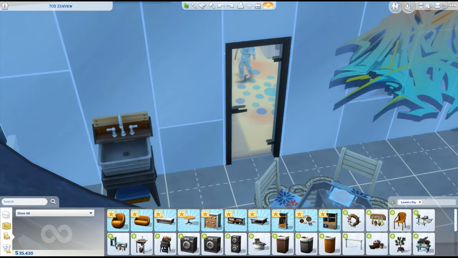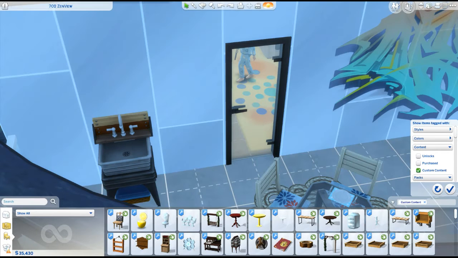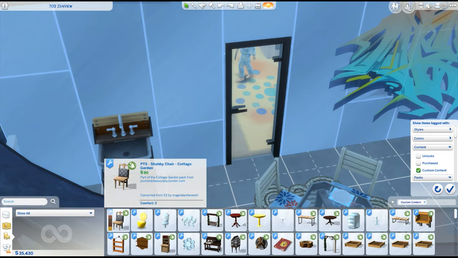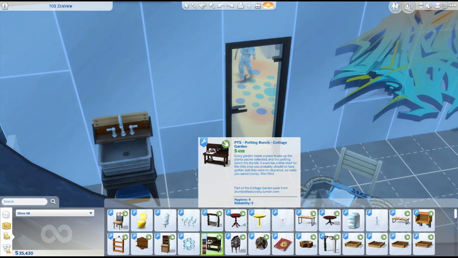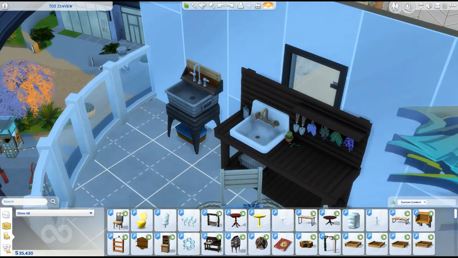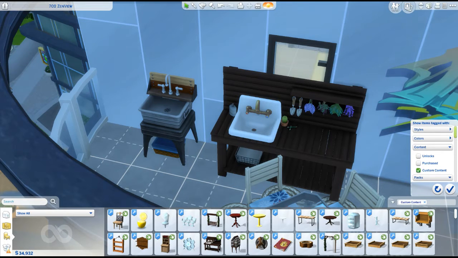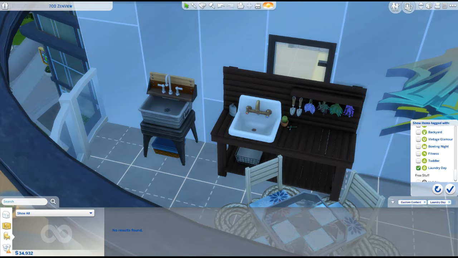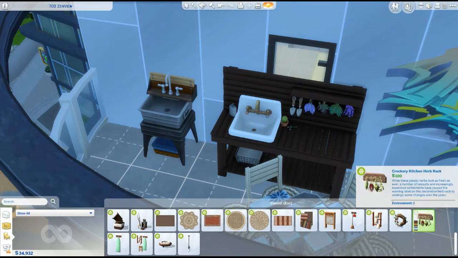And here I'll actually show you the custom content. It's the cottage garden pack, this huge pack that was made by quite a few different CC creators. Like that sink, if it'll show up, is very reminiscent of this one, this idea of it. And if you want to completely match that aesthetic,